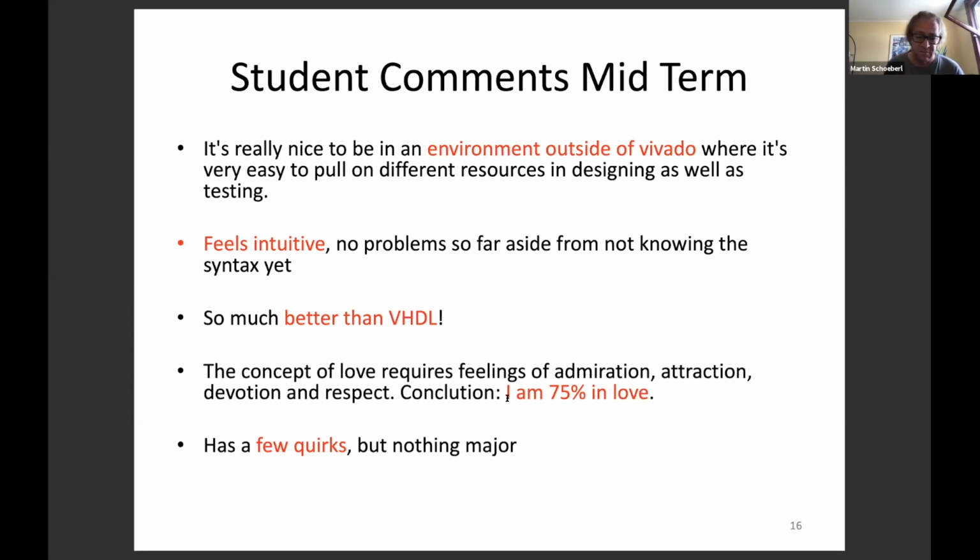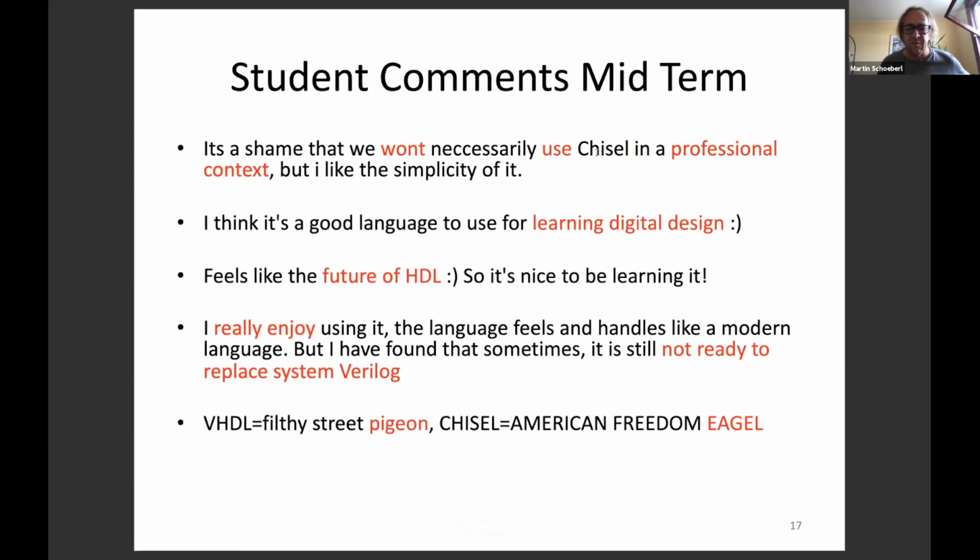Someone is in love with Chisel. And yes, a few quirks. A shame that we are not using it in a professional context, but maybe this changes. I hope that from all our community we are getting Chisel into professional context, and that it is good for learning digital design and the future of it too.